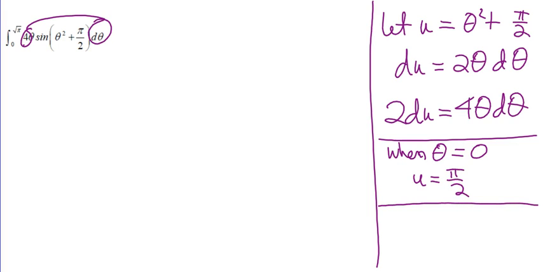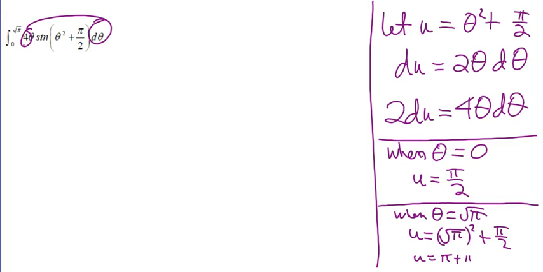We get a nice expression for u, so it's easy to change from in terms of theta to in terms of u. When theta equals root pi, u is root pi squared plus pi over 2, which is pi plus pi over 2, which is 3 pi